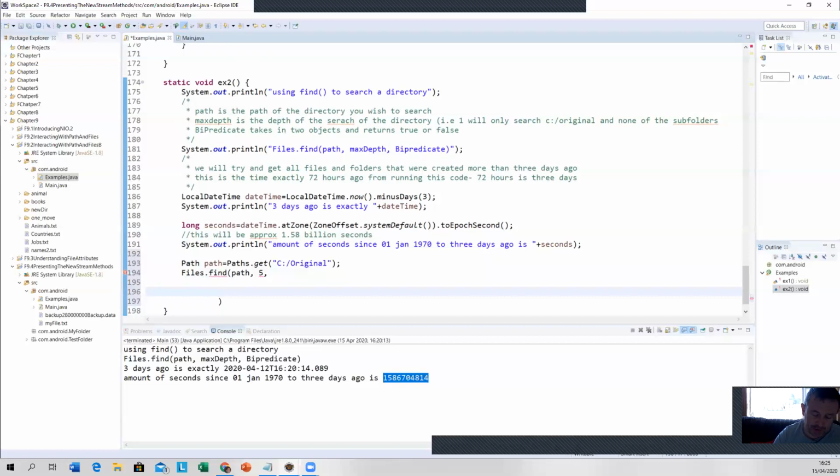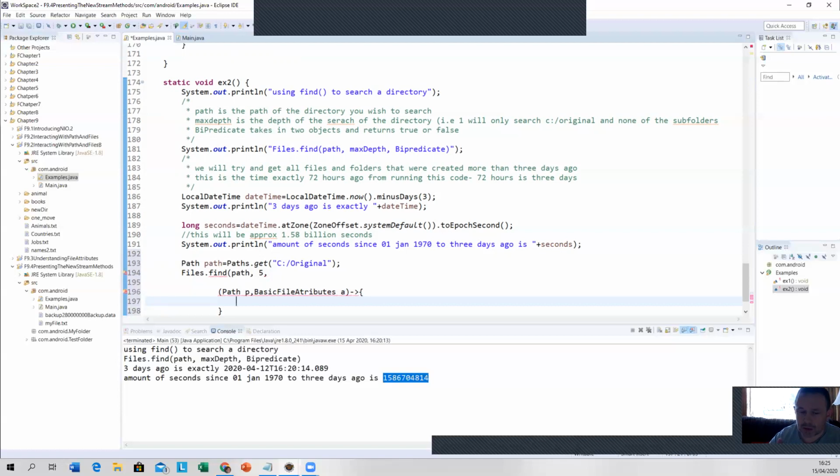The by predicate takes in 2 arguments. It's going to take in the path, call it P. And I don't know if we did these already, but there's something called basic file attributes. We did, didn't we? These are the basic attributes of the file. Now you can get when